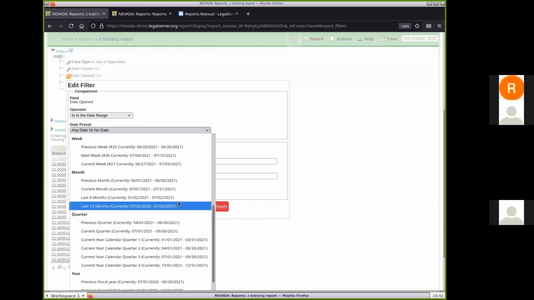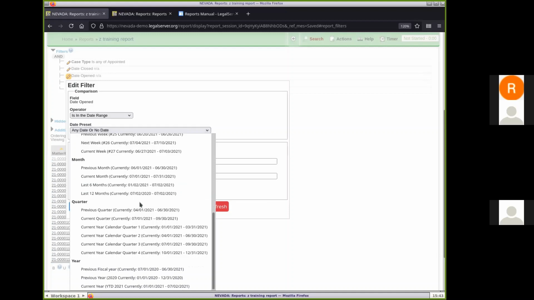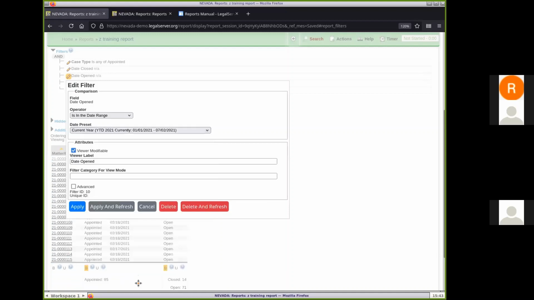And then if I scroll down, you've got previous week, next week, current week, previous month, current month, previous year, current year, and so forth. The nice thing about these for your reports is if I select, for example, current month, well, let's do current year. So